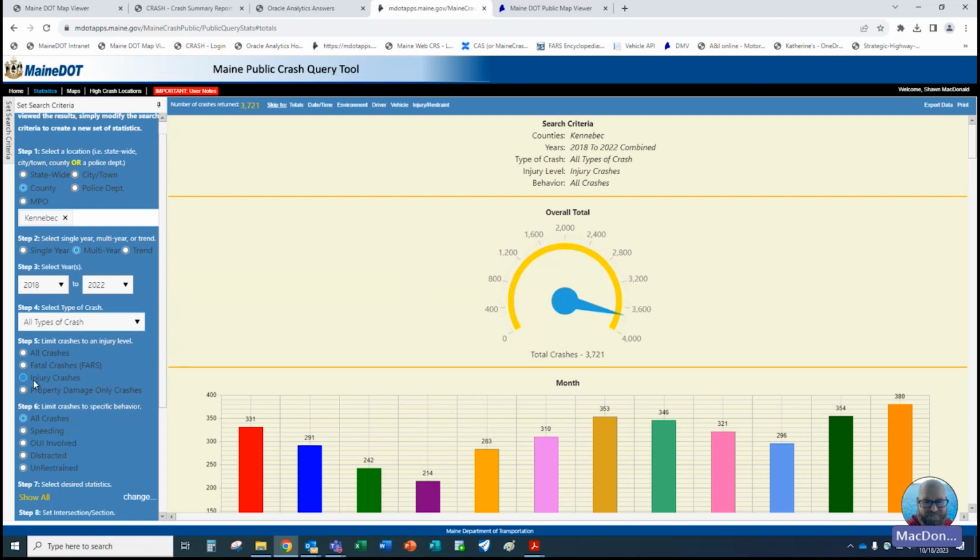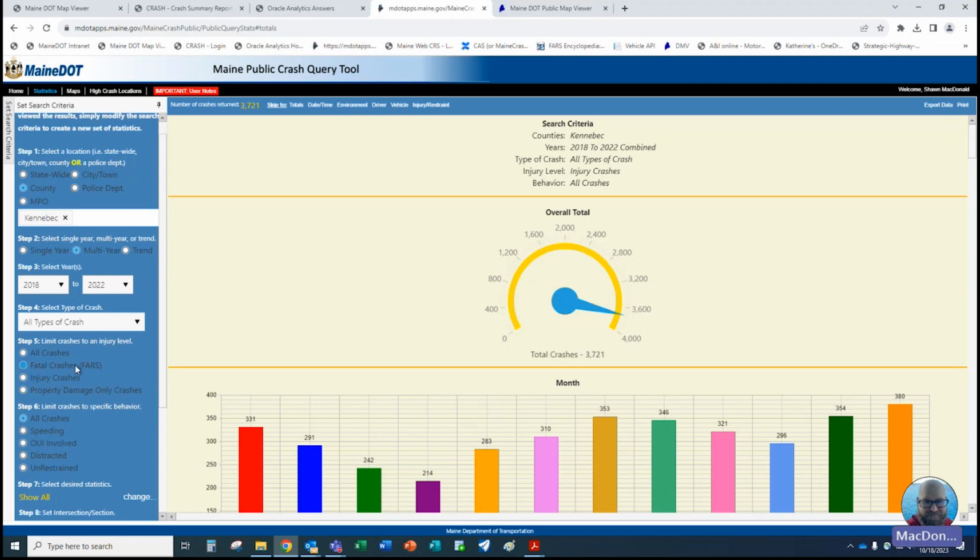Maybe you wanted to look at another thing, these injury crashes. So these would be suspected serious injury crashes, suspected minor injury crashes, and possible injury crashes. Those are the three areas of injuries that we specify. Those are A, B, and C injury levels. And then you've got your property damage crashes, which means there was no actual injury to anybody. The only thing that happened was there was damage to property. Or you can look at fatal injury crashes as well.